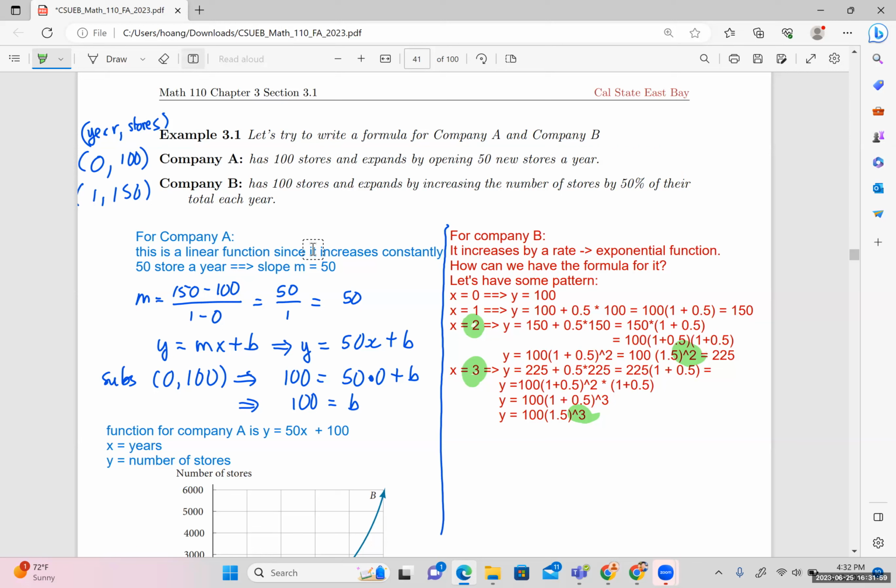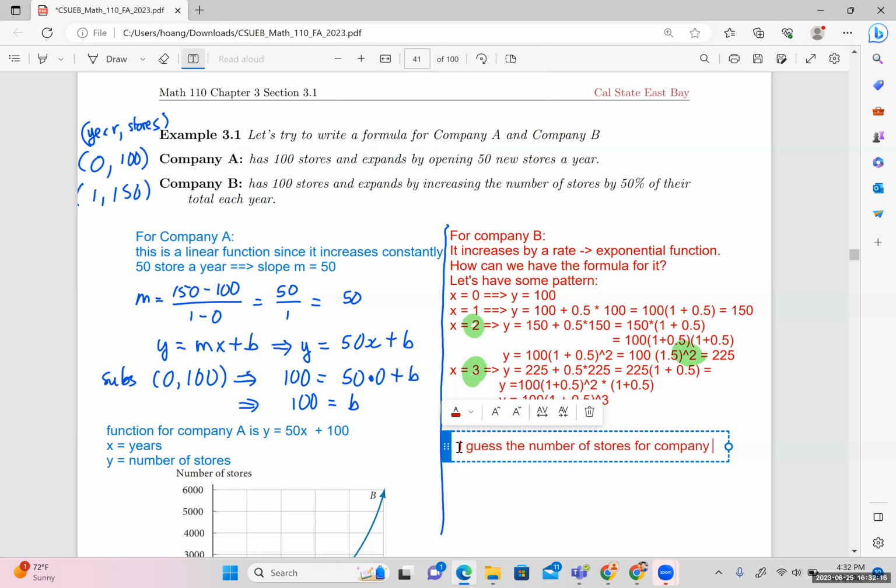So I guess the number of stores for company A, company B will be